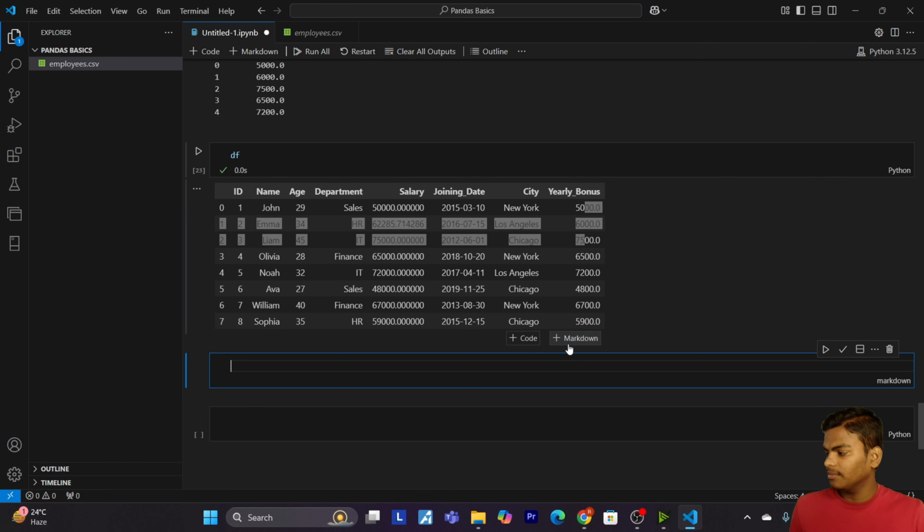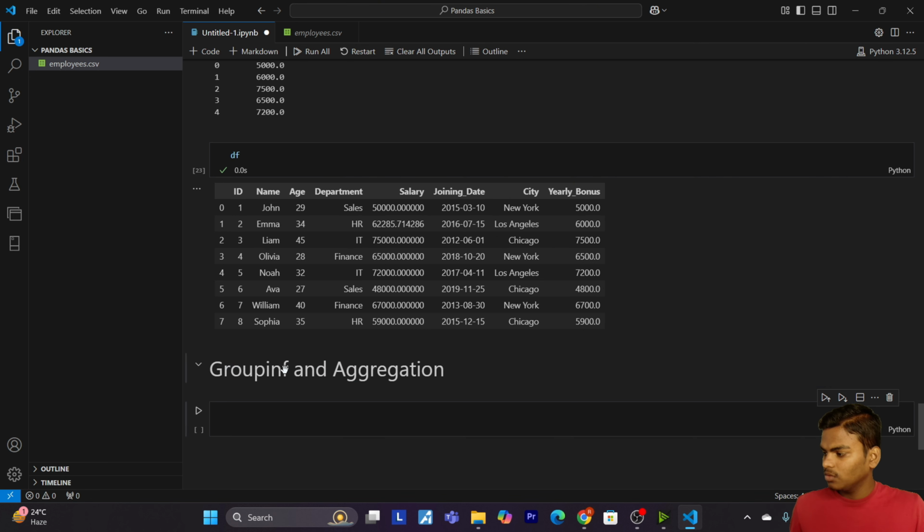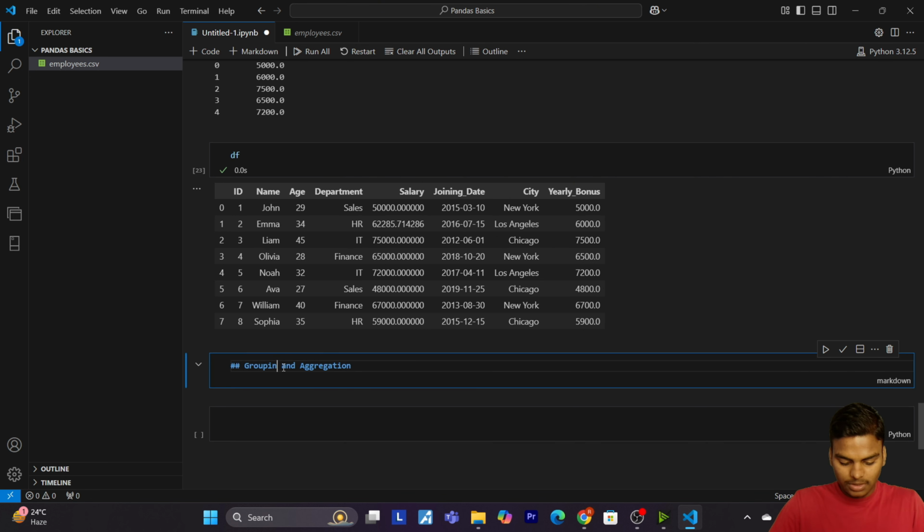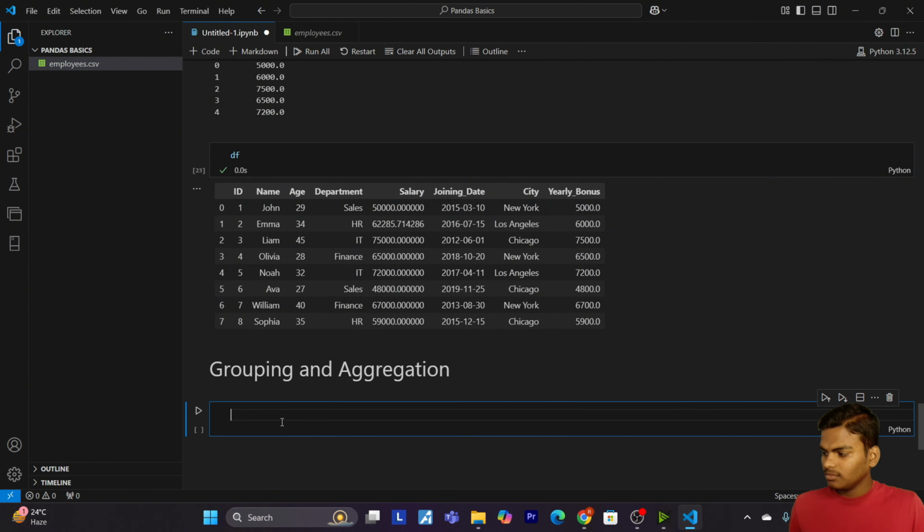Grouping and aggregation. So let me write grouping and aggregation.